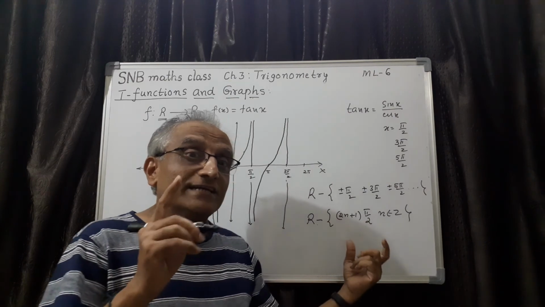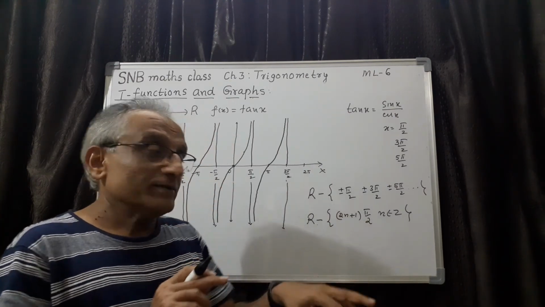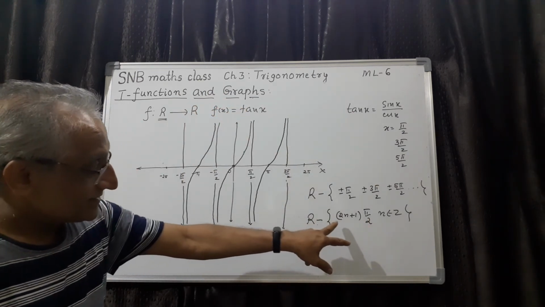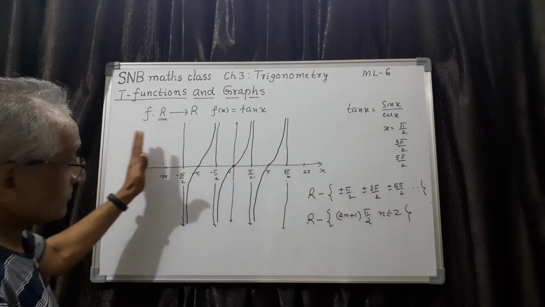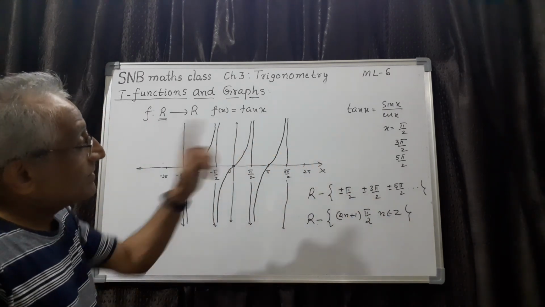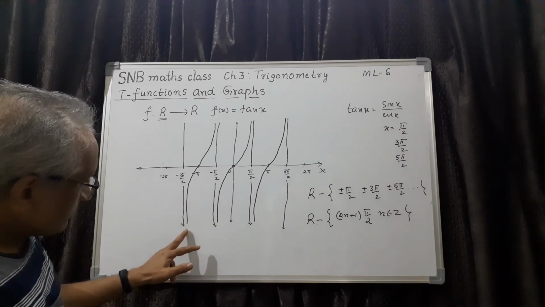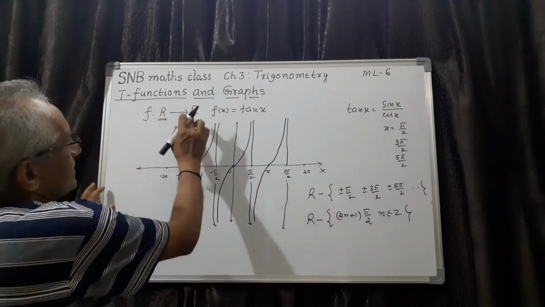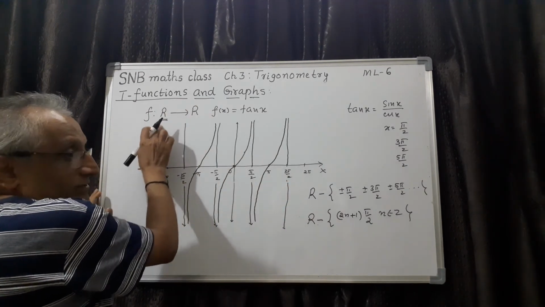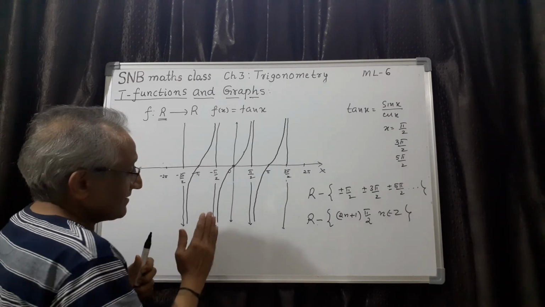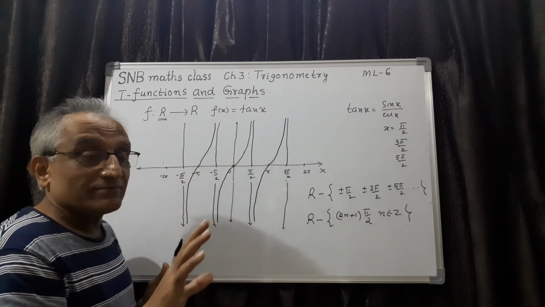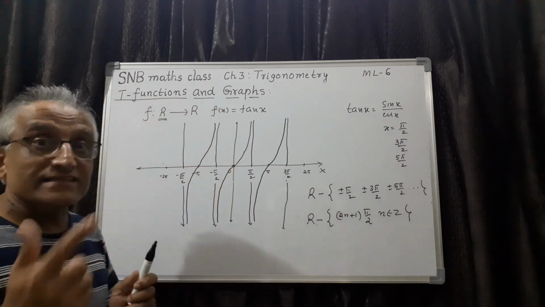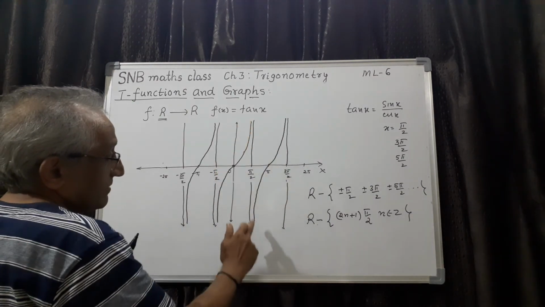Please note, for sine, domain is entire R. For cos, domain is once again entire R. But for tan, all the values, infinitely many values you have to remove to define tan. What is its range? Range is, you can see here from the graph, minus infinity to plus infinity. So there is no condition, it is entire R. Whereas here we have to remove the points. And another interesting thing is, it is always increasing. Tan is the function. Sometimes in competitive examinations they ask, among the trigonometric functions, which one is always increasing? This is the one function which is always increasing.